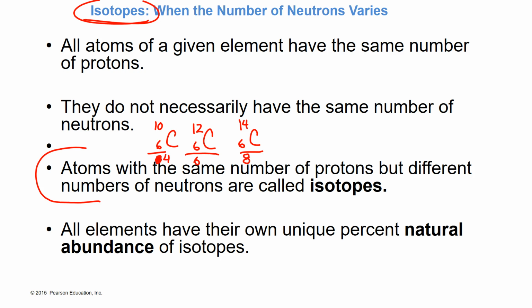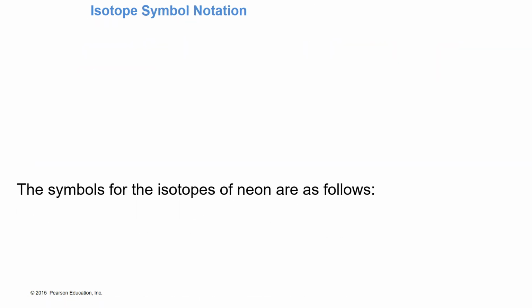All right. Carbon 10 has fewer neutrons than carbon 12. Carbon 14 has more neutrons than carbon 12. And that's the only difference there. All right. So let's look at,